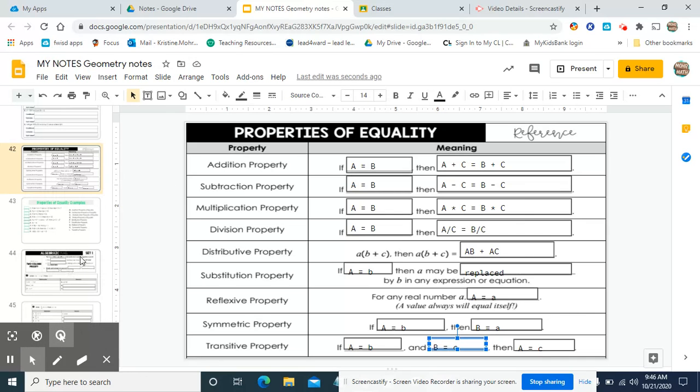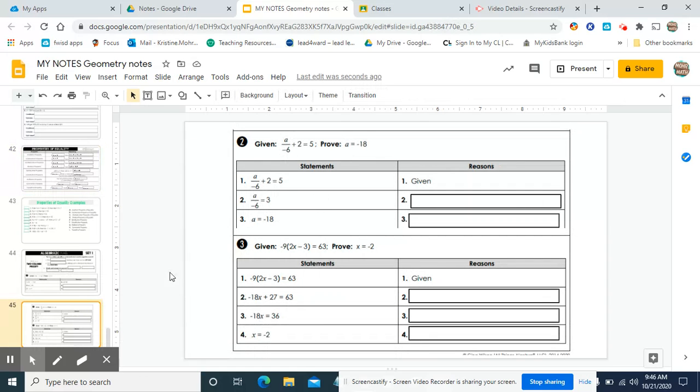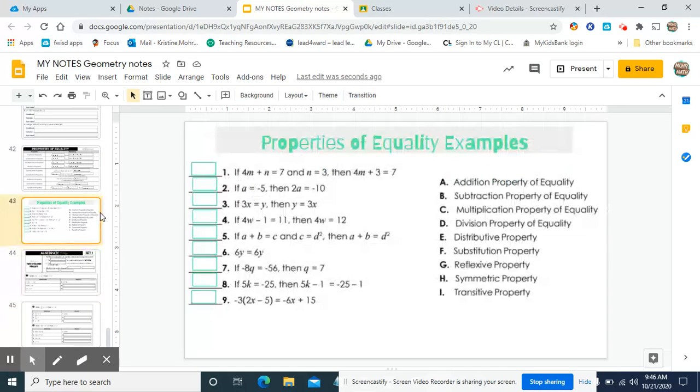All right, let's look at some actual examples, though. Wait, not that. Not that. This. All right, properties of equality examples. So we have all of those properties listed out here, and then we have some actual algebraic written out examples. So if we go through the list, we're just going to pick which one of these is going to be